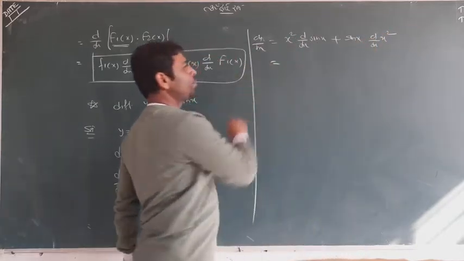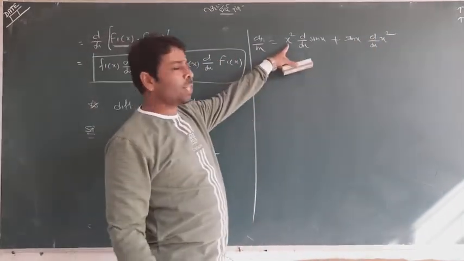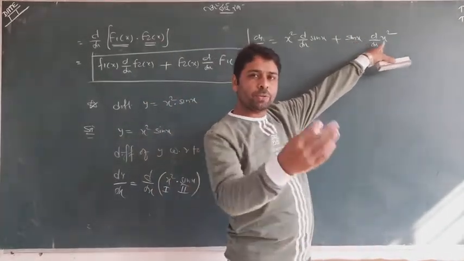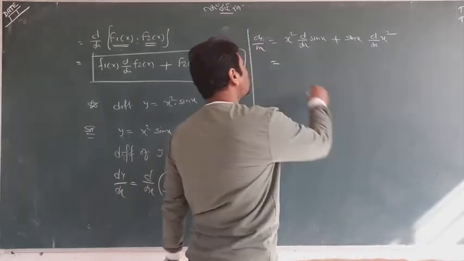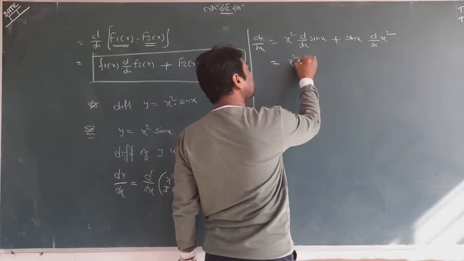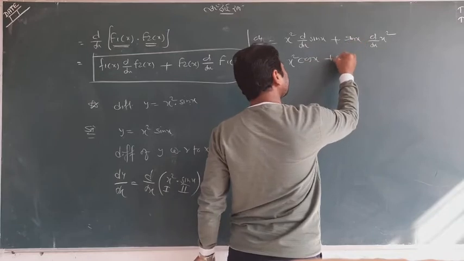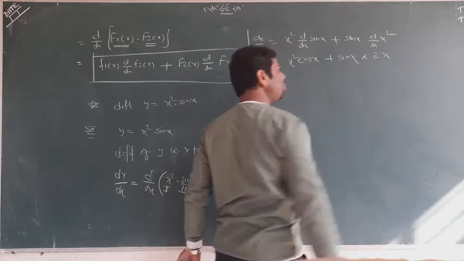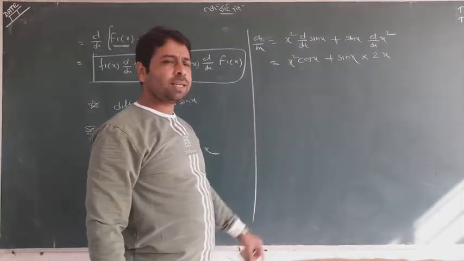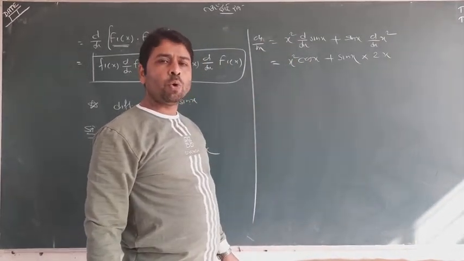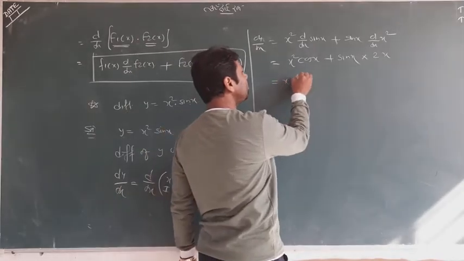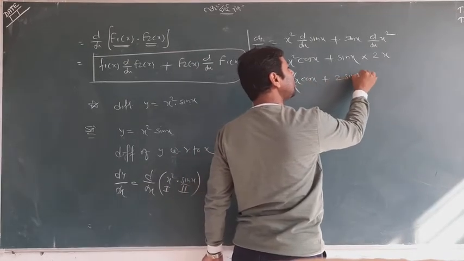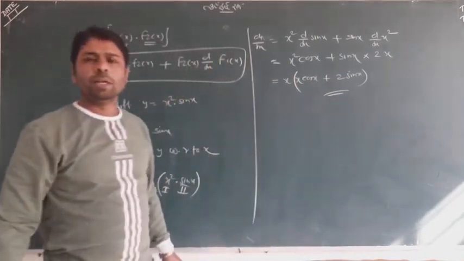Can you see? x square is independent, no change at all. Differentiation of second function, the second as it is, and differentiation of first function. Now do it. x square is x square. Differentiation of sin x is cos x. sin x is as it is, and differentiation of x square is the power comes in front and 1 reduces from the power, 2x. And that is the answer. If you want to decorate the answer, you can take out x common. So what remains? x cos x. And what remains? 2 sin x. That's the answer. So I don't think it's a trouble.